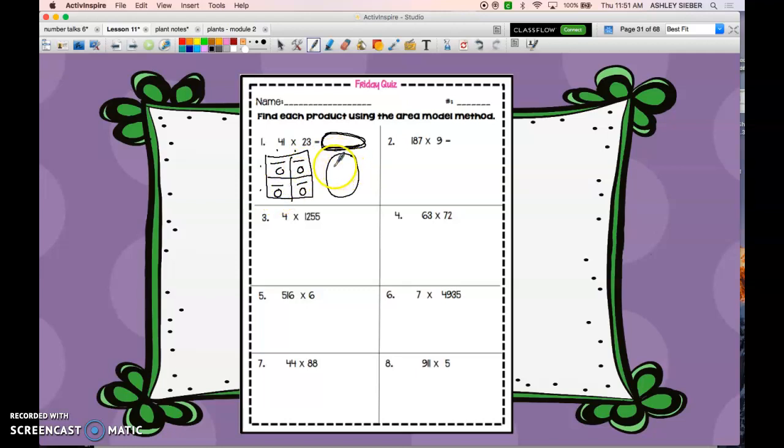Did you transfer those over correctly? Do you have the right answer? So in this problem, that's 1, 2, 3, 4, 5, 6, 7, 8, 9, 10, 11, 12, 13, 14, 15, 16, 17